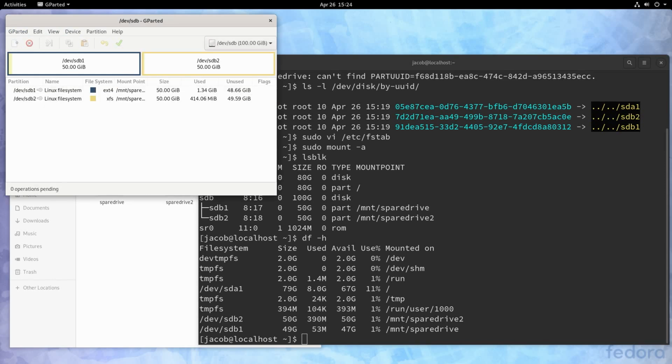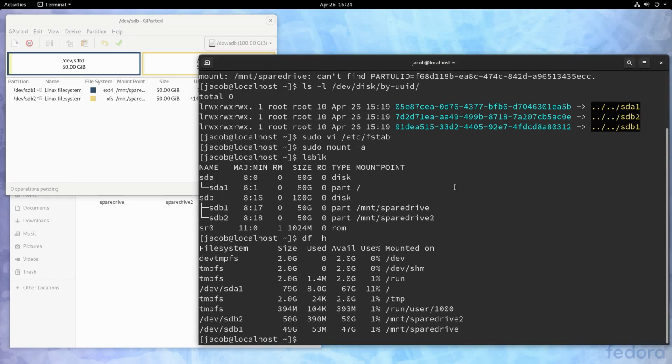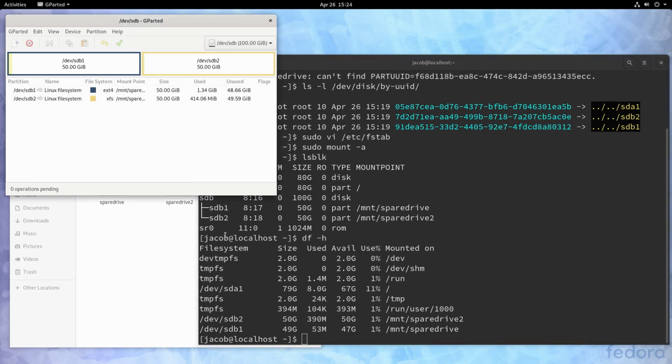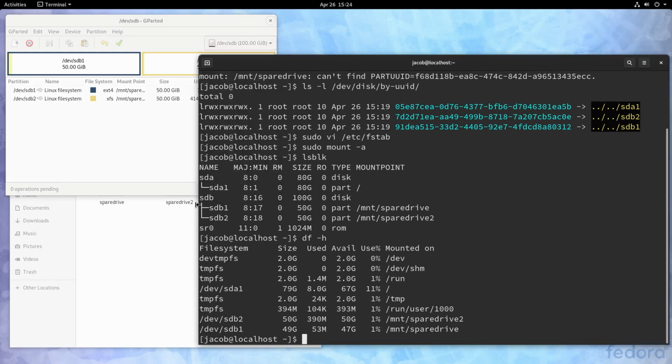Now I'm going to show you how to do the exact same thing with Parted. Now Parted is a GNU tool, and personally I use gdisk and fdisk most of the time when I am actually dealing with partitions on my own systems on the terminal. Like I said, most of the time I personally still use a GUI for this stuff since it's touchy and I don't want to lose data. But if I am working with a server, or if I'm working with somebody else over the phone and I need to walk them through doing something with commands, I would use gdisk. However, Parted is a powerful tool and it can do all the same stuff.